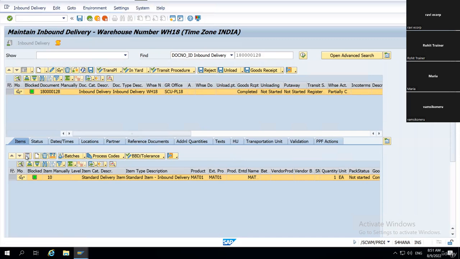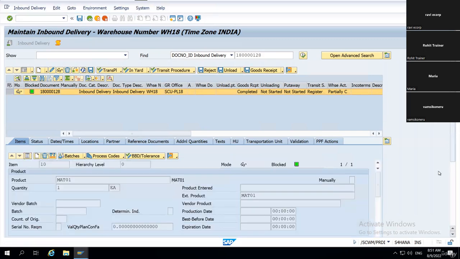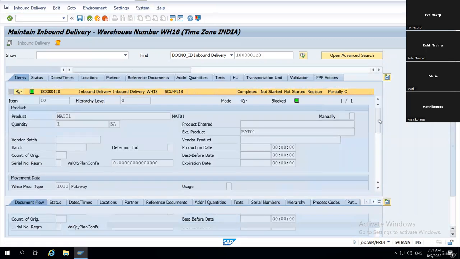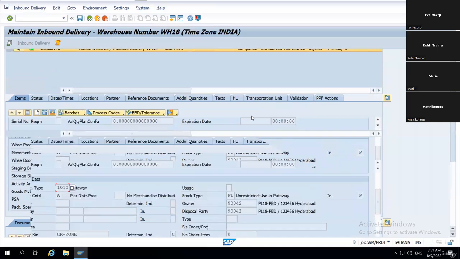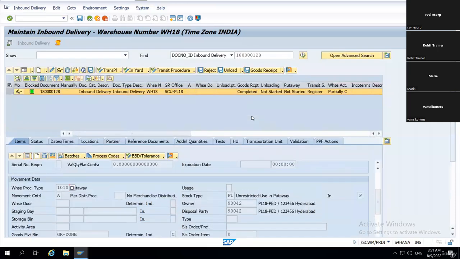And why GR zone? Because this GR zone is determined in my inbound delivery. How is it determined? This GR zone is actually hard coded in my warehouse process type, which we'll discuss further. But for now, the stock will be placed in your GR zone once you click on this goods receipt button. Okay. So again, let me reiterate, I'm just showing you the basic process. Later,